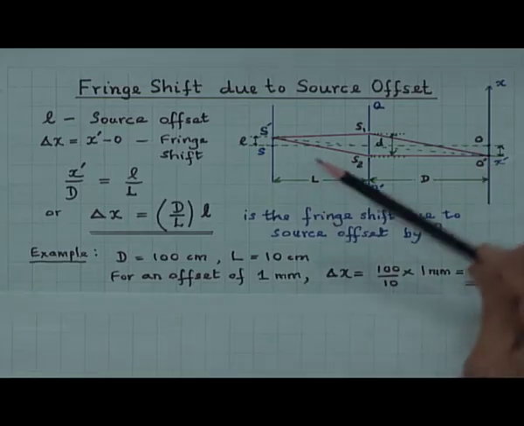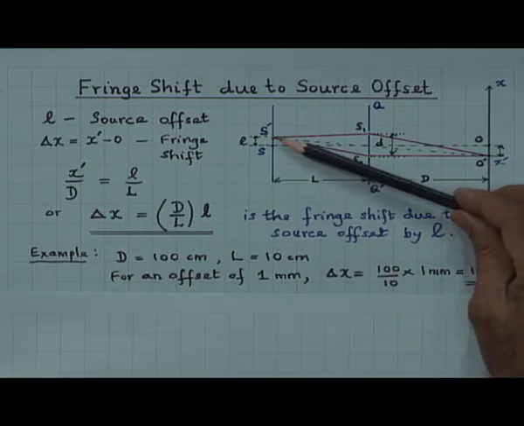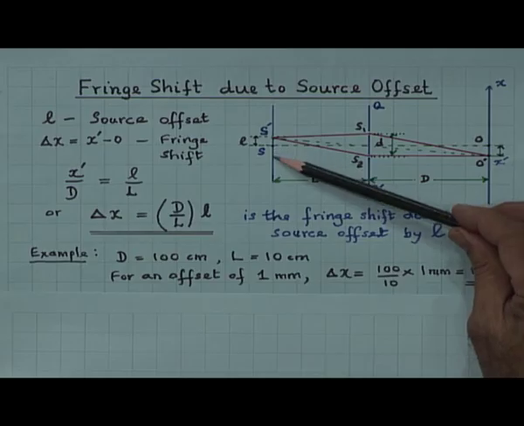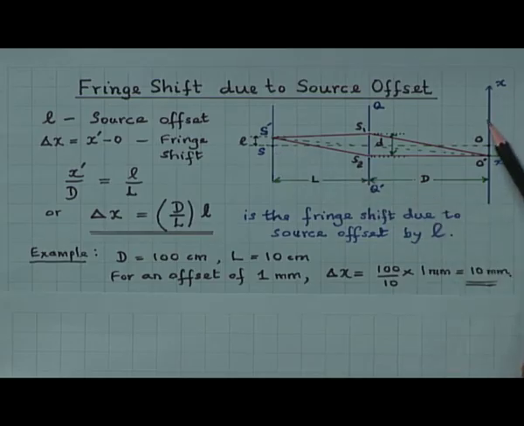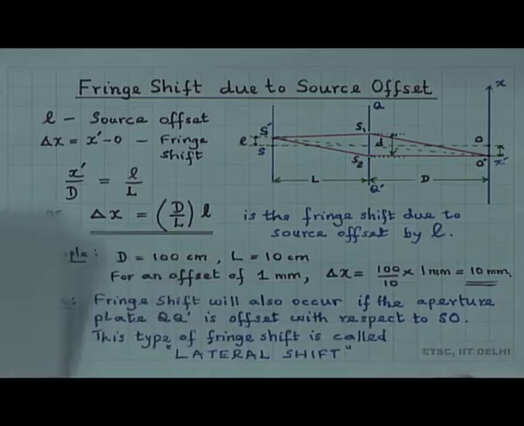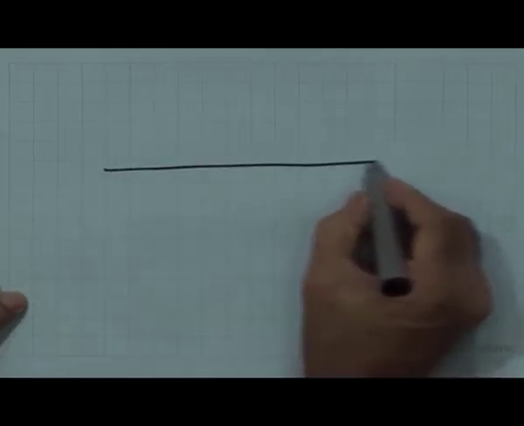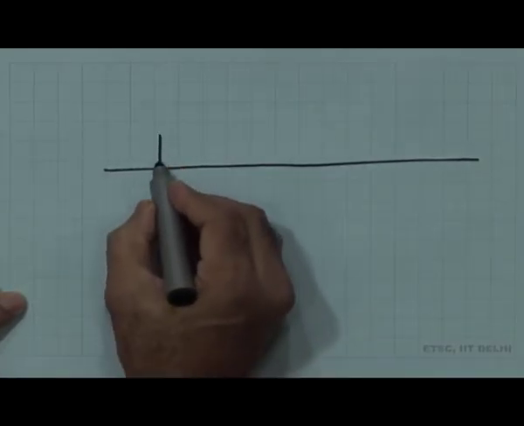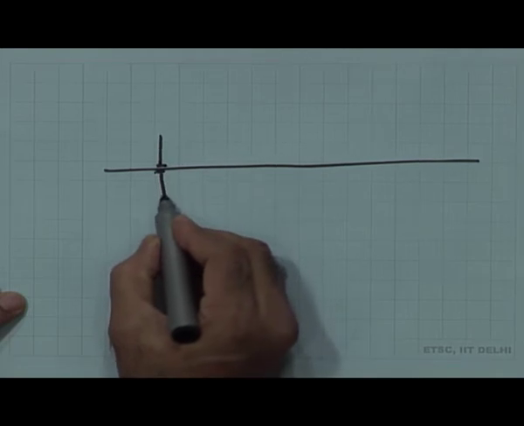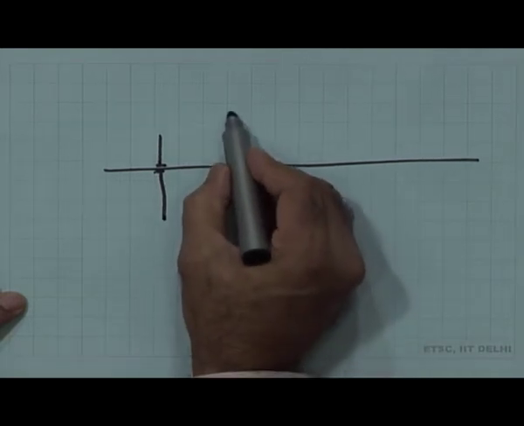The same thing would happen if instead of the source moving to this side, if the source had shifted offset to this side, then we would have got O dash here, that is, the central fringe would have moved here. The same thing would also happen. Let me show you, the same thing would also happen if the source is right here, on this line, but the